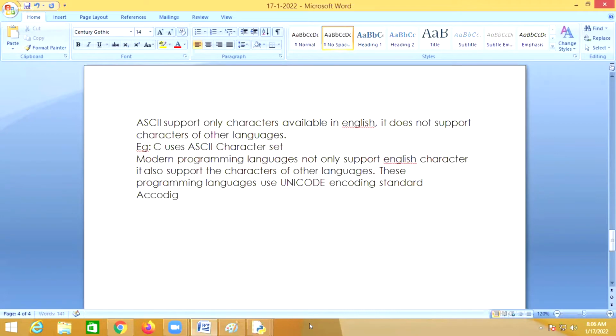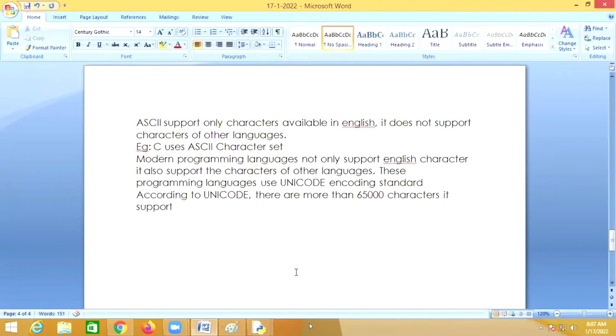According to Unicode, there are more than 65,000 characters, and it supports all of them.